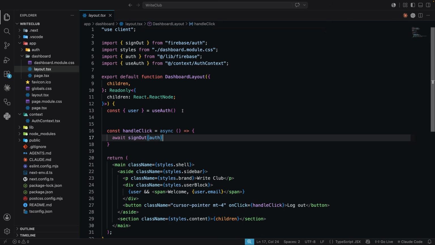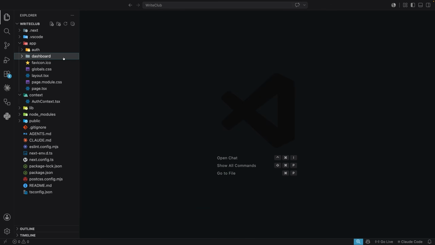Alright, so now we know how to access the current user inside of components. I want to use that knowledge to set up some protected pages or routes in the app. And this is not necessarily going to be a Firebase lesson because the code we're going to write is mainly